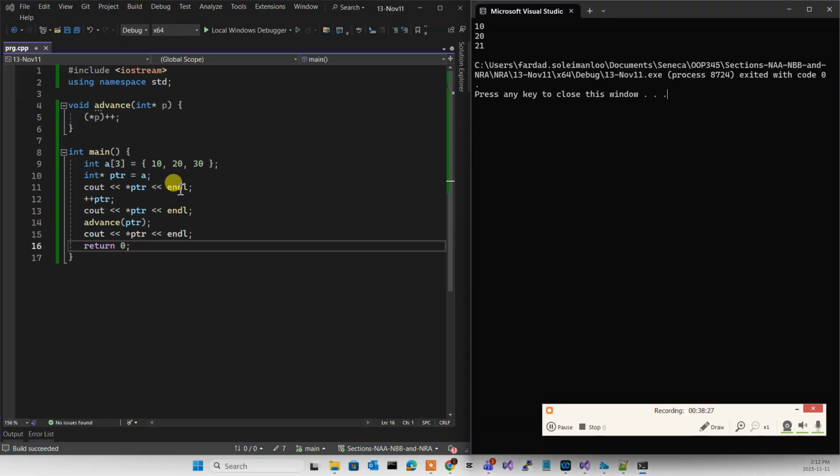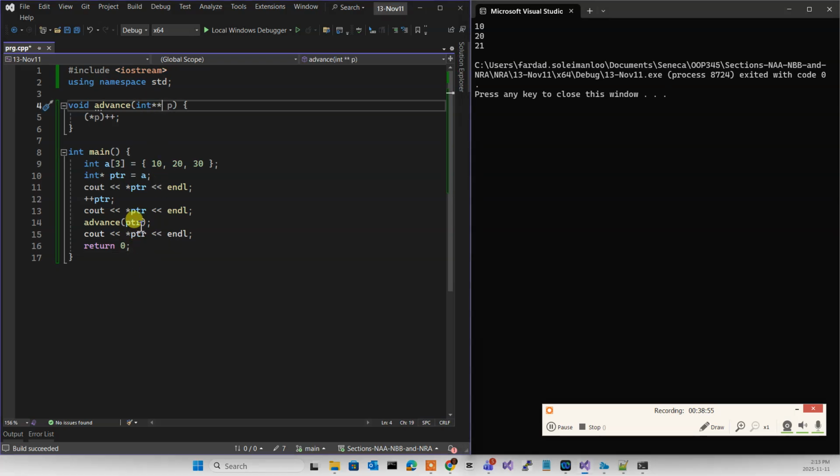So 20 becomes 21. Because PTR is pointing to 20 at the moment, when I pass the PTR over here, it says add to the target of P, which is essentially PTR. Therefore, 20 will be added by 1. But if I want to pass PTR itself to here and make the pointer increase by 1, I have to pass the address of the pointer and receive the address of the pointer. Now, doing this, the outcome will be